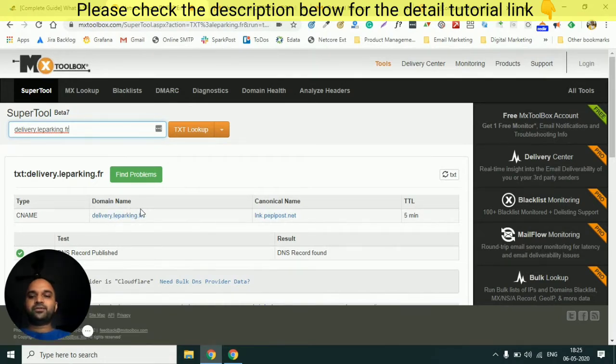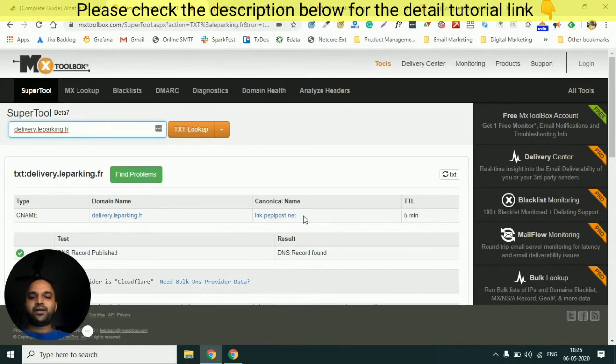What is the benefit of this? The domain owner, delivery.leeparking.fr, doesn't have to bother about what is SPF, what is DKIM, or how to do custom link tracking inside the emails. Once he has created one record, that delivery.leeparking.fr is pointing to lnk.peppypost.net in the CNAME, he is done.